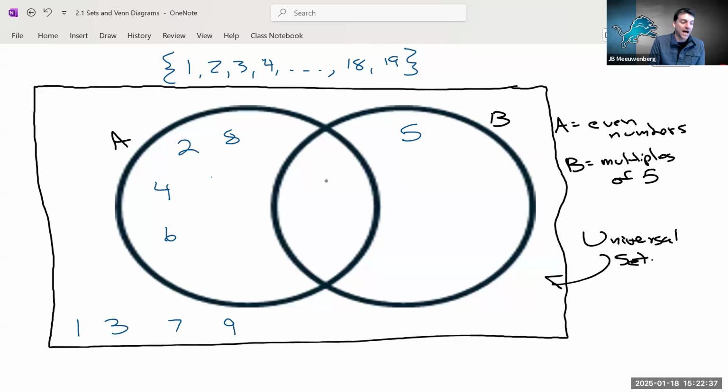Now 10 is even, so it belongs in this circle, but it's also a multiple of 5, so it belongs in this circle. 11, 12,